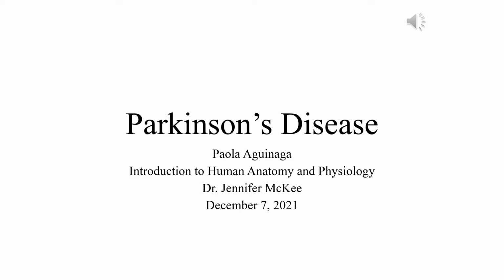Urinary problems, constipation, and sleep disturbances are also symptoms. The symptoms of this condition can be treated by medication. However, treatment options for Parkinson's disease are limited. There is currently no cure for this disease because the neurons that die in the brain of patients cannot be